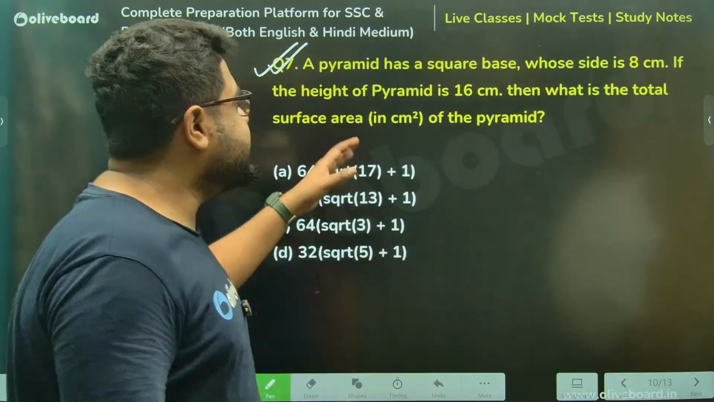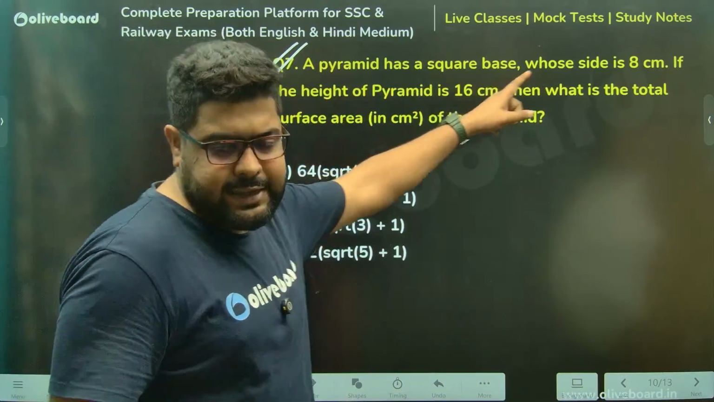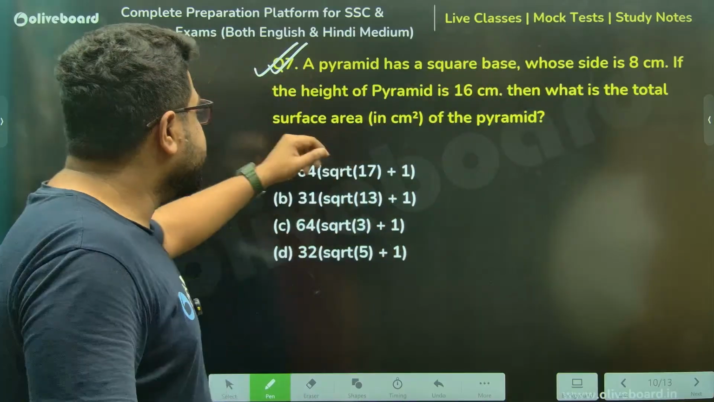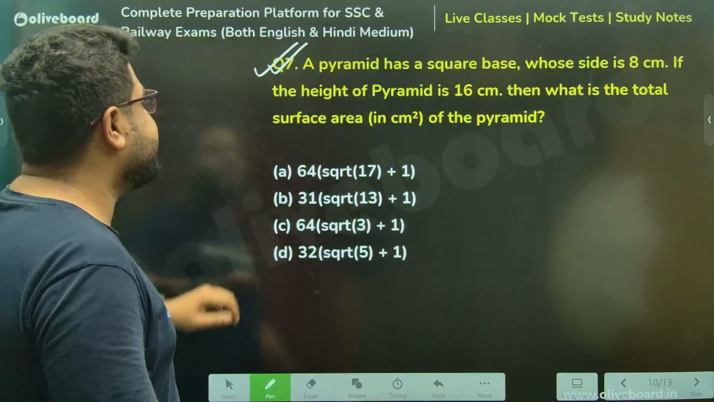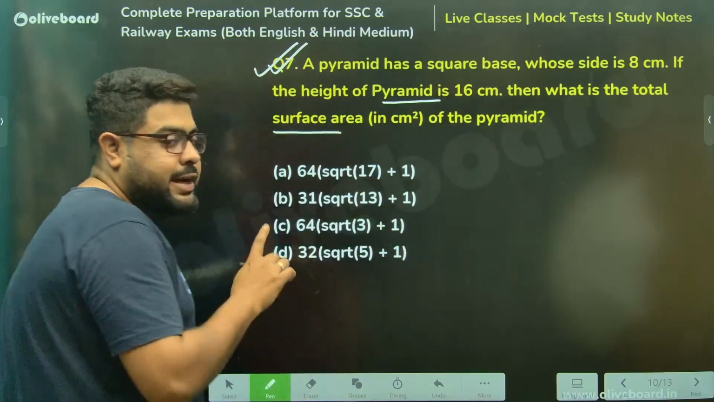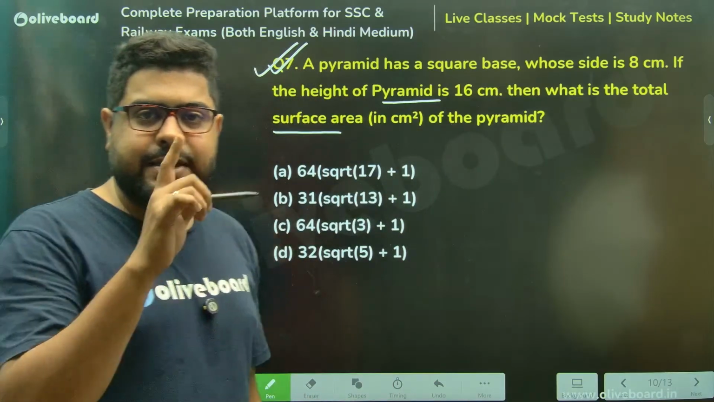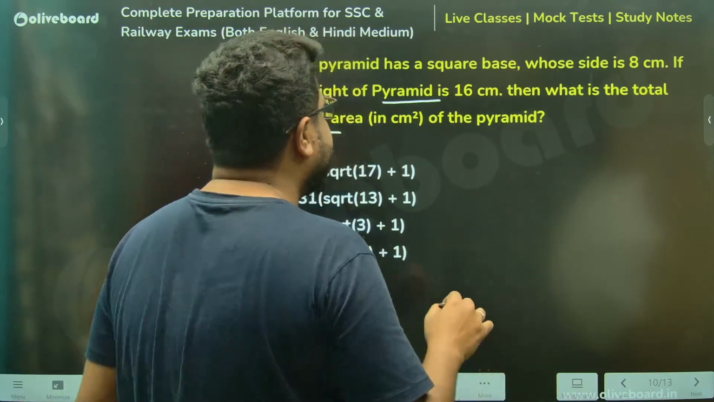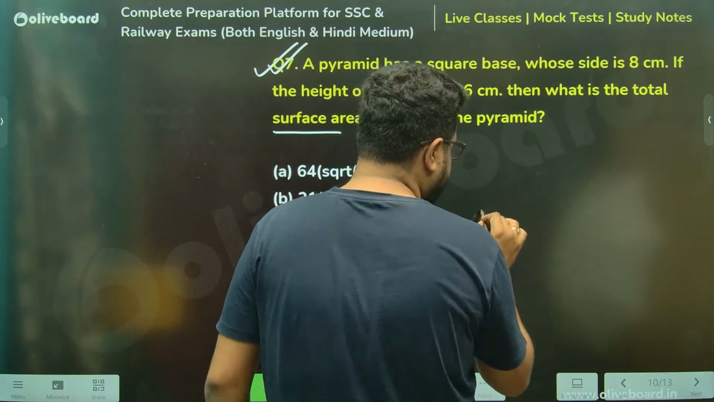A pyramid has a square base whose side is 8. Height is also given, and we need the total surface area. So total surface area is not dependent on height. We need the slant height, sir. So slant height, how to find? Again, if you want,